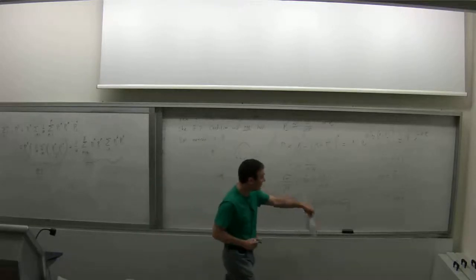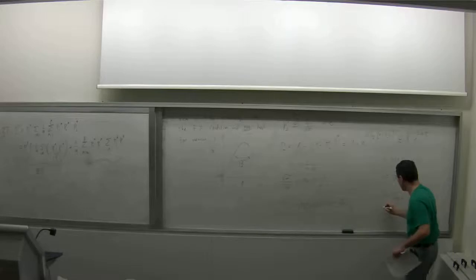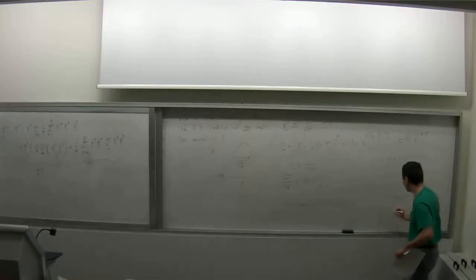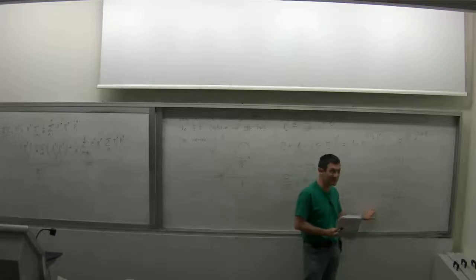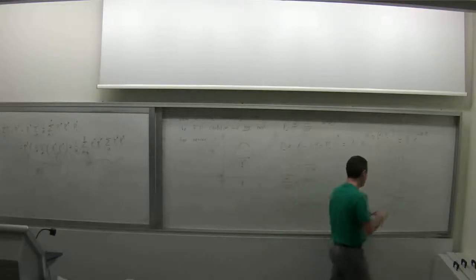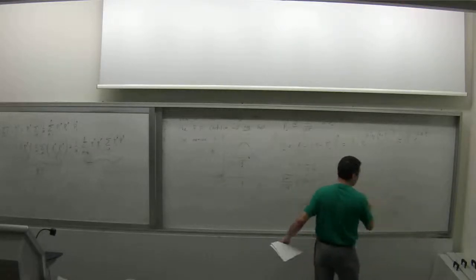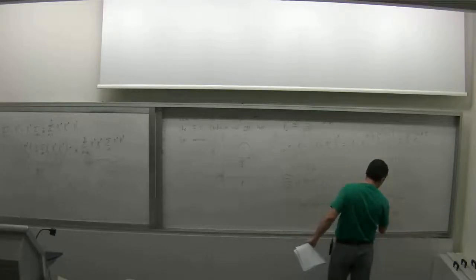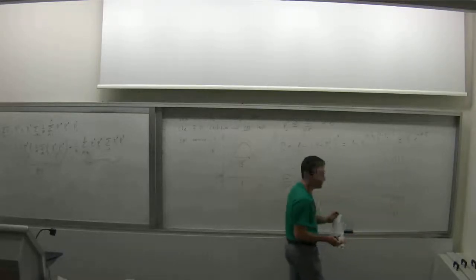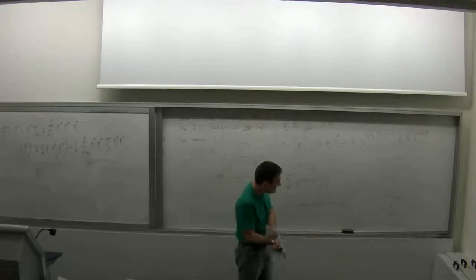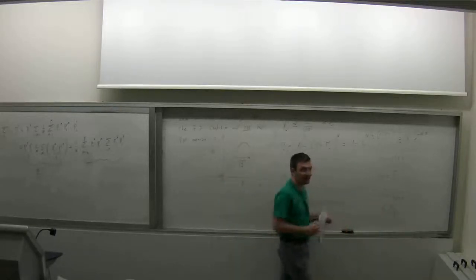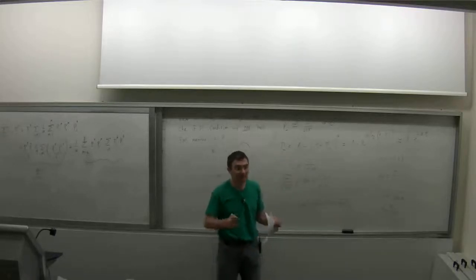So if this is true, this implies that p has to be smaller than n divided by 2 log n, right? Because alpha is p over n. So if alpha has to be smaller than 1 over 2 log n, it means that p has to be smaller than n divided by 2 log n. So the scaling of p is approximately the scaling of n. It's n divided by log n, but